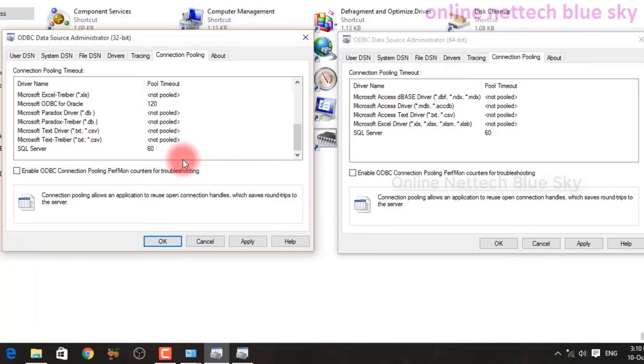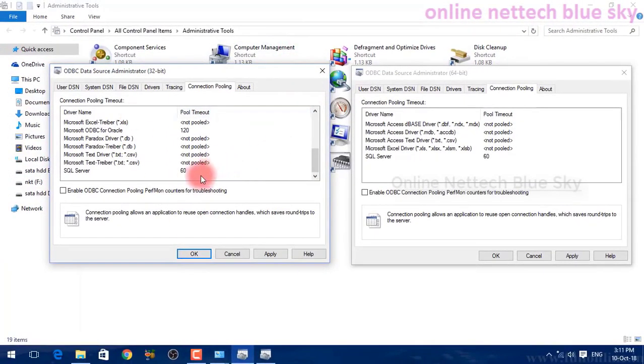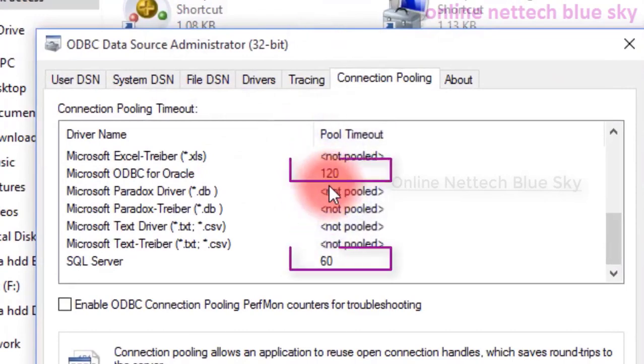So check your files, because sometimes a file is corrupt, or sometimes a file is deleted by mistake from your system and your computer. We are talking in simple computer terms. Okay, administrator means the main user of your computer. So I'm talking only about the user. A user is one tab, two tabs, local and user, the main user. The main user is called the administrator, and you can see different pool timeouts here, 120 or 60. You can see 60. So SQL Server has a pool timeout. This is the pool timeout and timing here. Okay, so I might set the pool to 120.